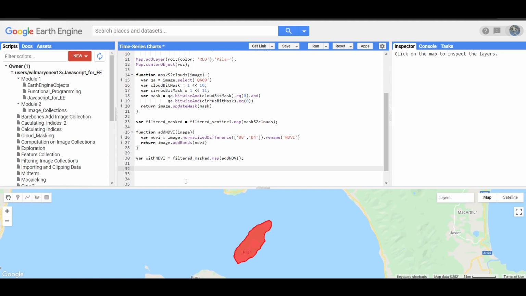Finally, we are going to compute the mean of the NDVI in each image, and then plot it using a chart. So how are we going to do that? We're going to create a variable, chart, which is equal to ui.Chart.image.series. This is the function that we're going to use, and the arguments are the following. This is an object. The image collection that we're going to use is one of the arguments, and we're going to type in withNDVI dot select,